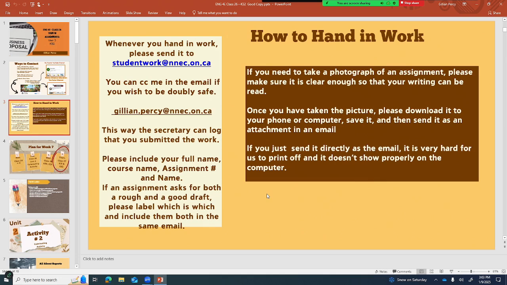The other thing is, if an assignment doesn't ask for a rough draft, I would ask that you not send one in, okay? Sometimes it just assumes that you've developed the skills to do one, but I don't necessarily need to see it. But if you include it and I don't realize it, and I think it's the good copy, I might spend half an hour marking something only to find out, a few pages later, here's the good draft that I should have been marking. So that could be frustrating for everybody concerned, okay? If there's some specific reason why you want to include a rough draft, like you want my opinion on something, just give me a heads up and let me know about it, okay?